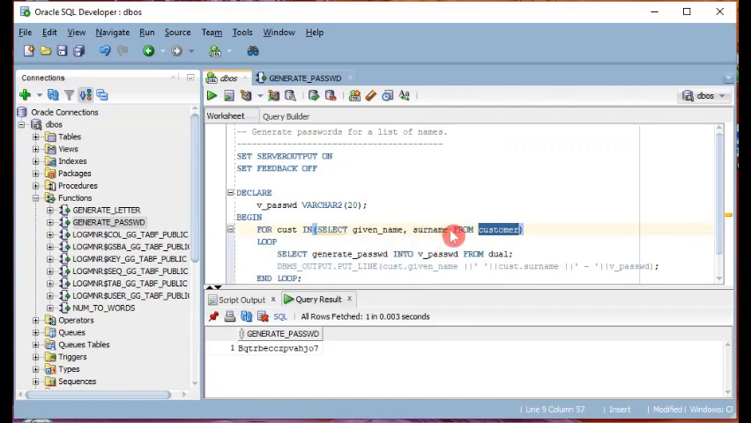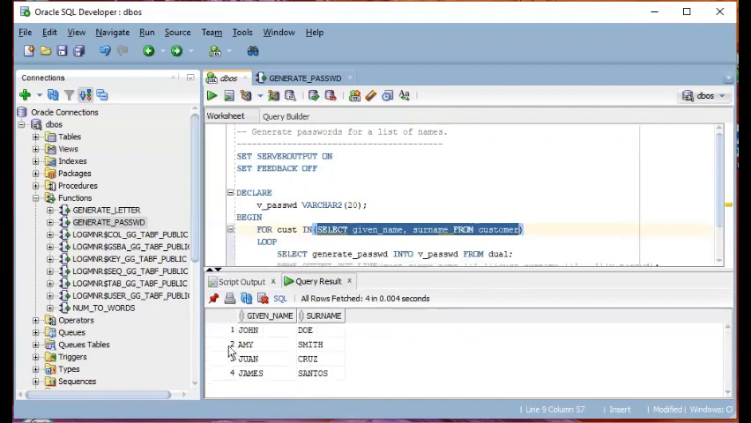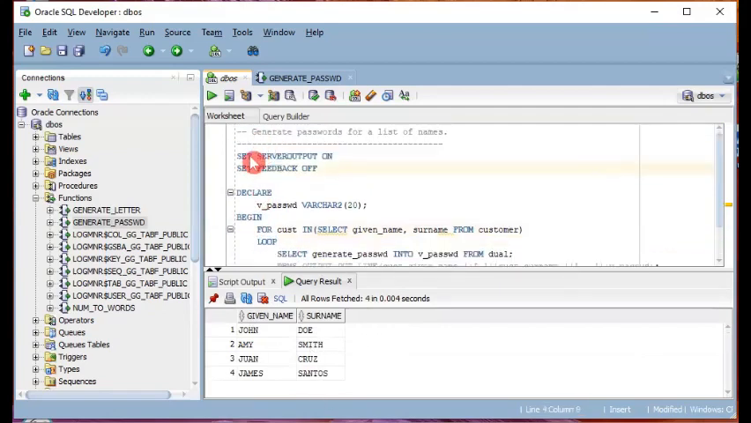Okay, so I'm just showing you a list of names taken from a table. If I just query the inner SQL, you can see these are the names in that list. So we have four customers in this case. With this short code with a for loop, which will loop through this list of names, we intend to randomly generate passwords for each of these customers. Okay, so I will